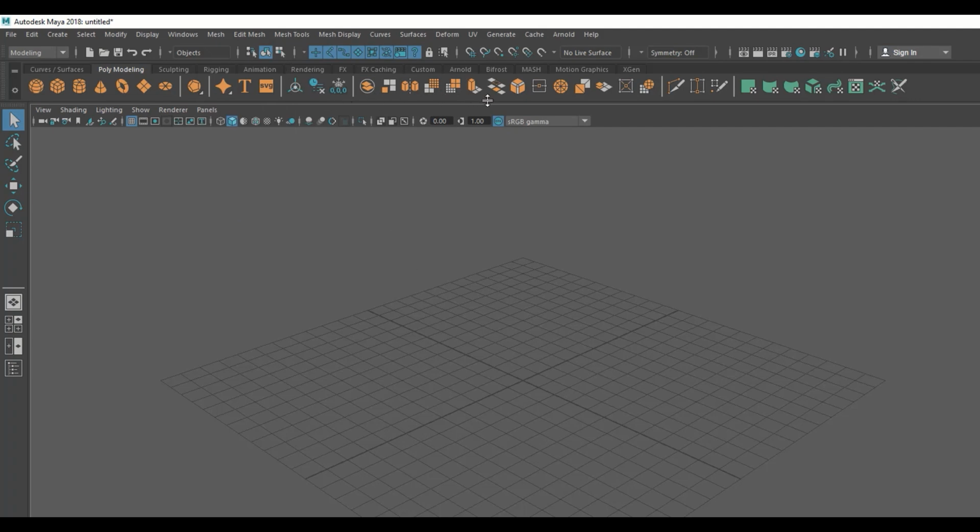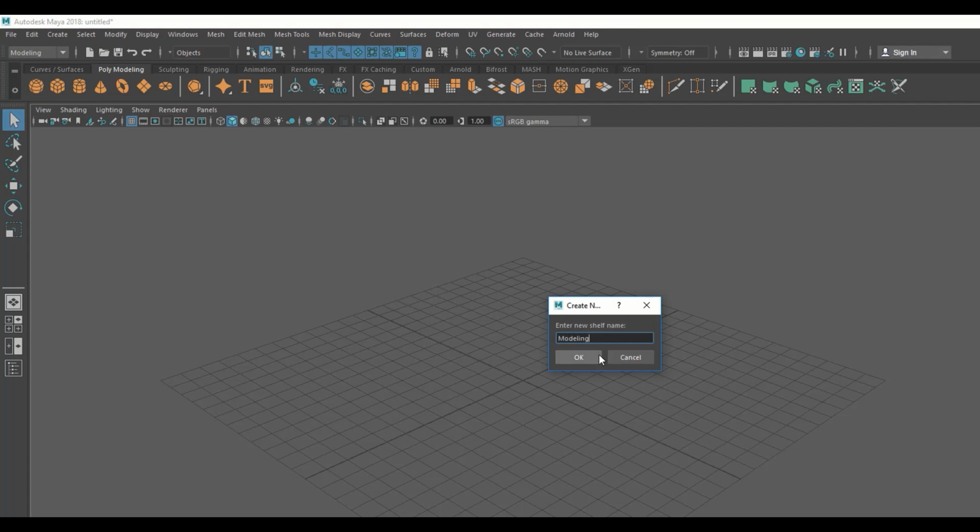There are a lot of groups like UV unwrapping groups here, and this whole section is Maya modeling tools. So this is primitive tools and UV unwrapping. Even you can create your own shelf if you want to. You can go to this symbol, click here and go to new shelf. It will ask you, you can give any name, let's say modeling,